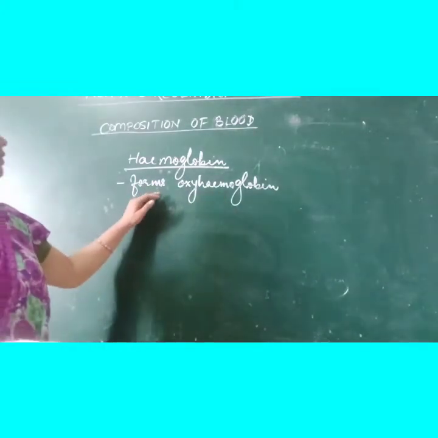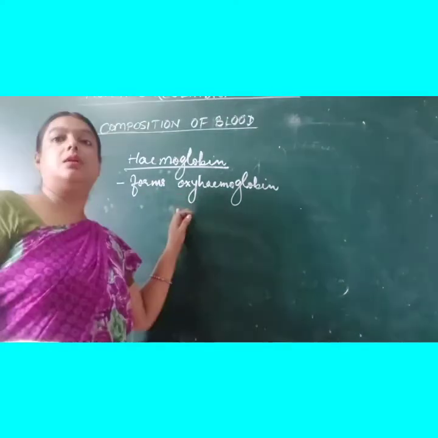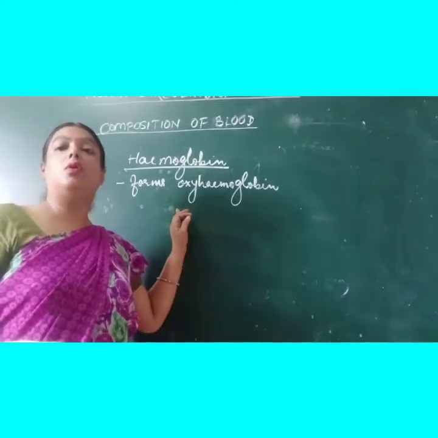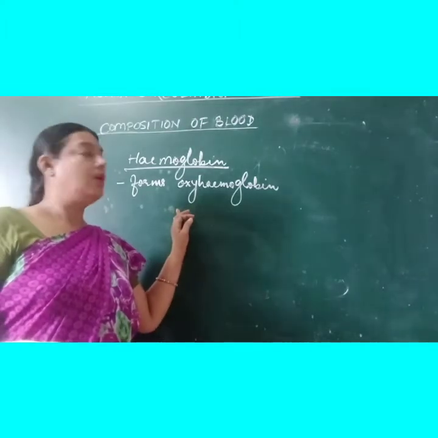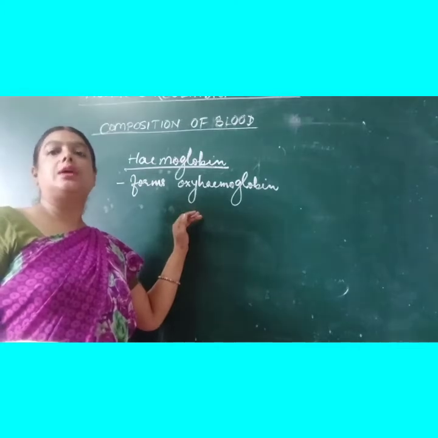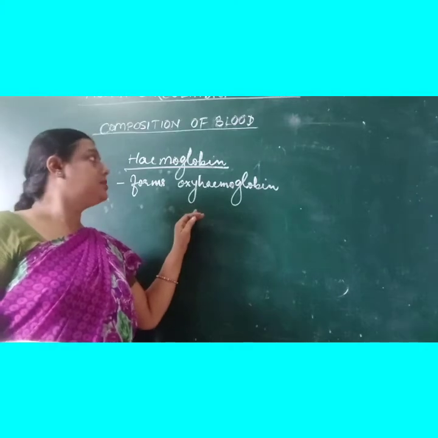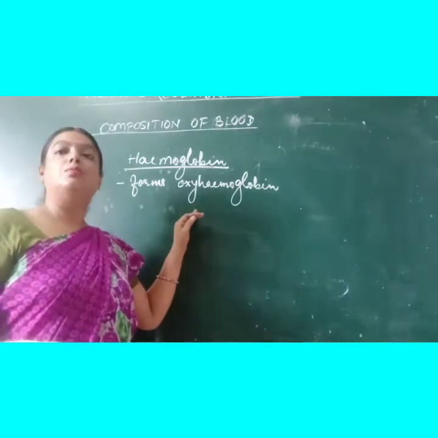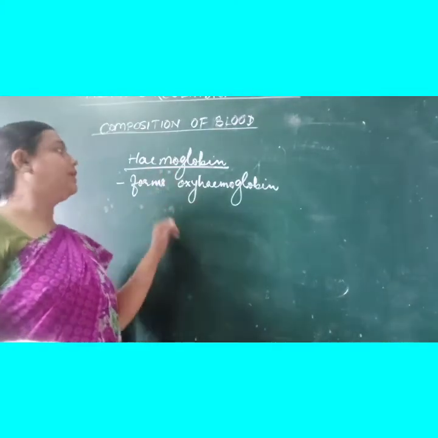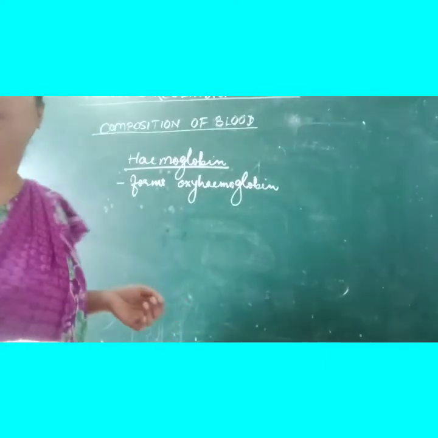So oxyhemoglobin, you can just imagine, is a very important compound, and in this way RBC helps to transport oxygen to the needy tissues or cells. In very small amount, hemoglobin can also combine with carbon dioxide to form